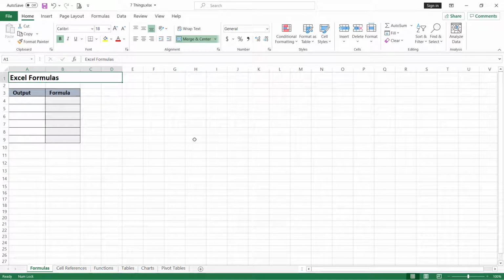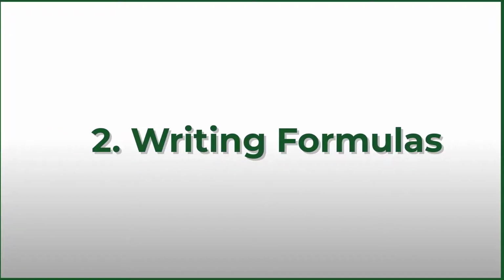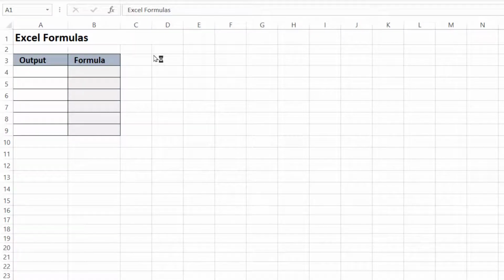Okay, now that you know your way around the Excel application, let's look at the most widely used feature of the program: writing formulas. You write formulas in Excel to perform calculations. To write a formula, just select the cell where you want to display the result. I'll choose cell A4. Then, to let Excel know you're entering a formula and not just typing some text, type